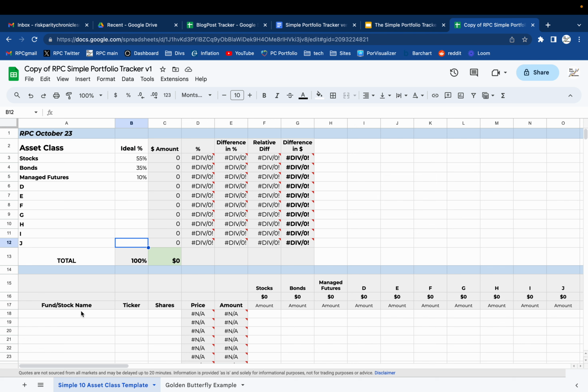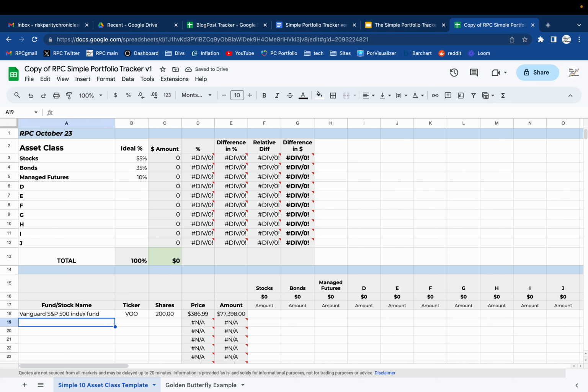Our next step is to go ahead and add in the assets that we have. Okay, so we should have their name just to make things clear. We'll call this VOO, so that's the Vanguard S&P 500 Index Fund. Ticker symbol, as I said, VOO. Now watch, as soon as I do this, the price will update as soon as I hit return. Okay, so $386.99 per share. And let's say that I'm fortunate to have accumulated 200 shares of that over the years,